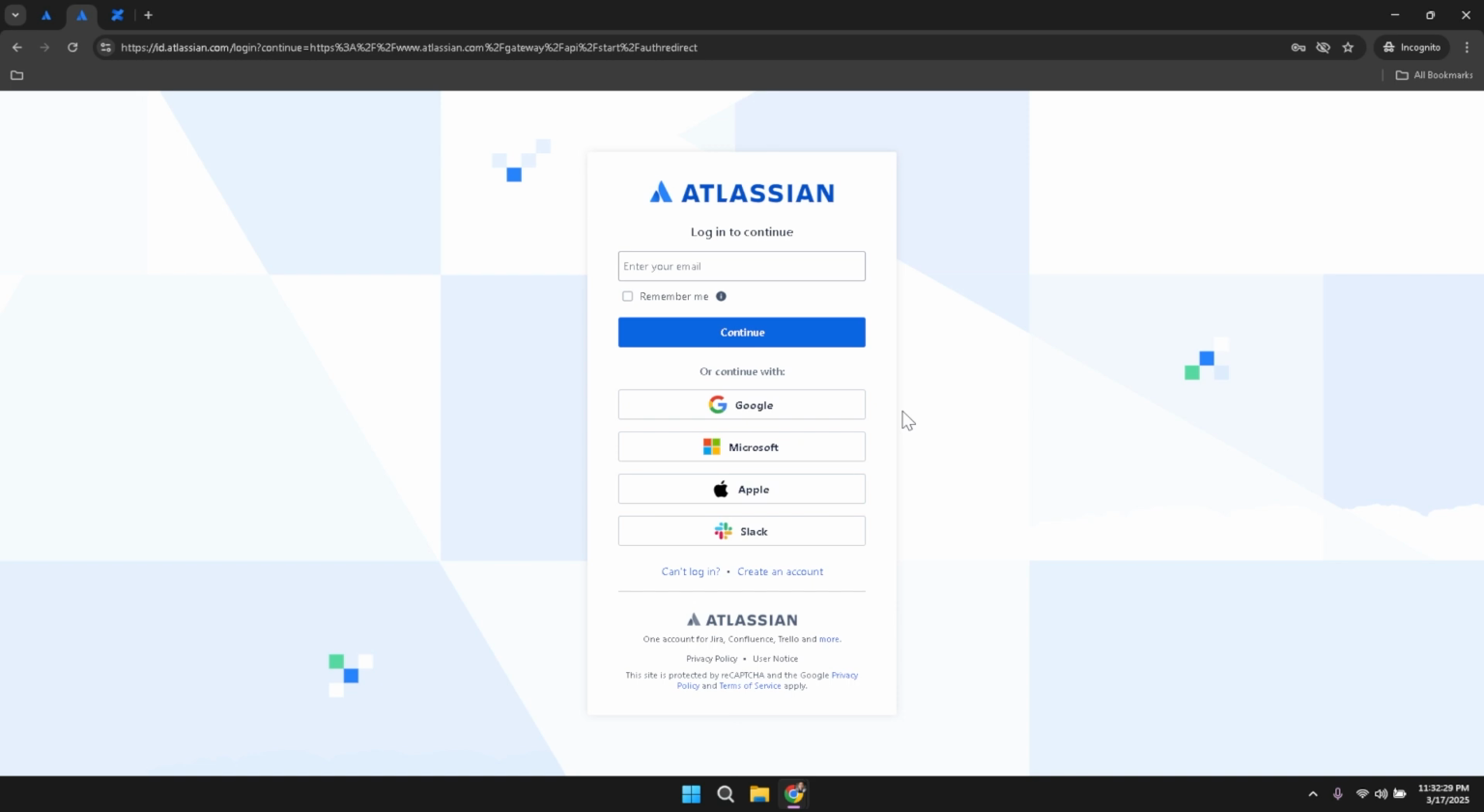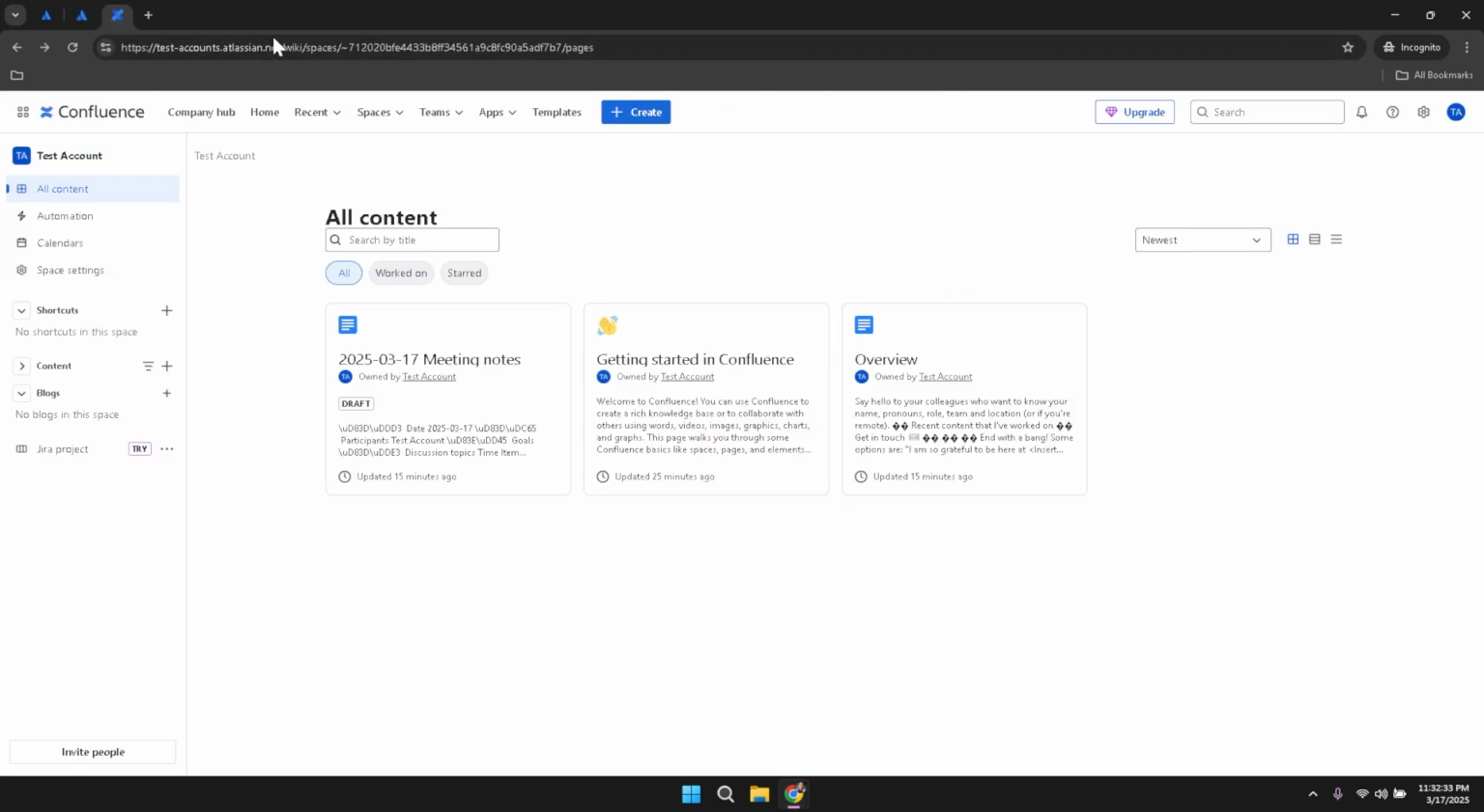After you have successfully signed in, the focus shifts to familiarizing yourself with the top bar of the Confluence interface. This upper navigation area is crucial as it holds several tabs that are key to navigating the platform. At the top of your screen, you will find tabs named Company Hub, Home, Recent, Spaces, Teams, Apps, Templates, and Create. Each of these tabs offers distinct functionalities that make it easier for you to locate different areas of the